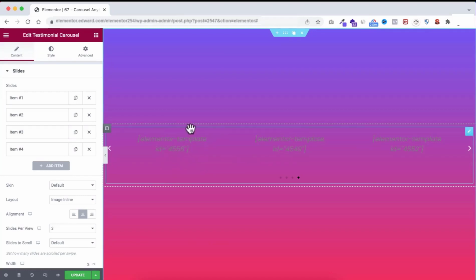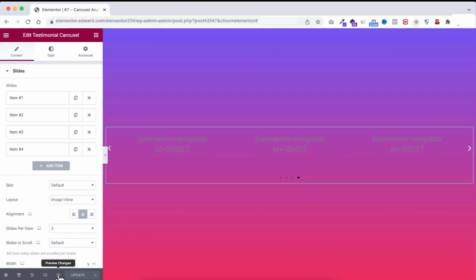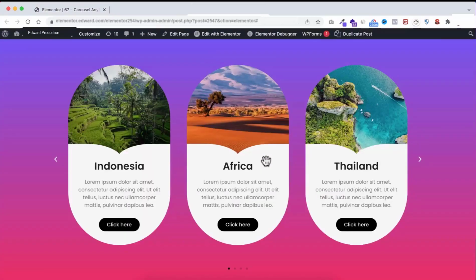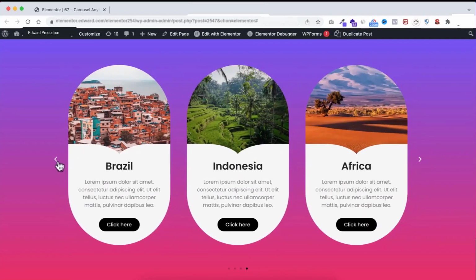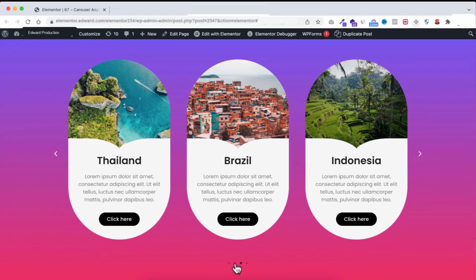To see it we need to preview it from the real browser, so for now, let's click on this green update button to save our work and to preview the real web page. Click on this eyeball icon. Here we go, we can see all the capsule cards. Here we can swipe them like this. We can use the arrows from right, also from the left, and these bottom dots are also working perfectly,